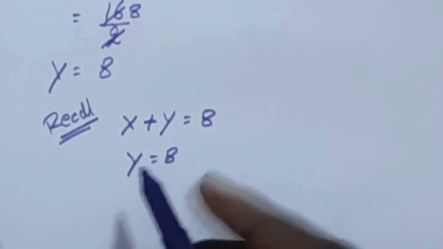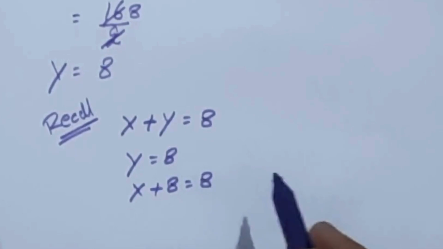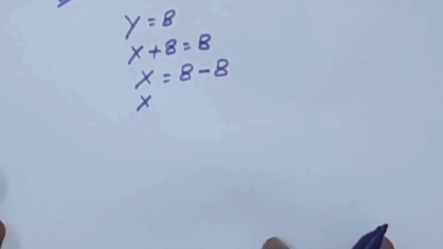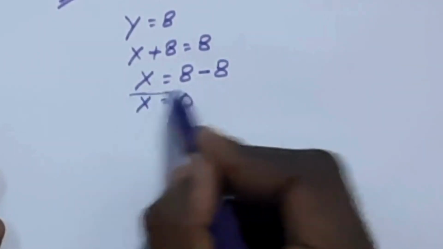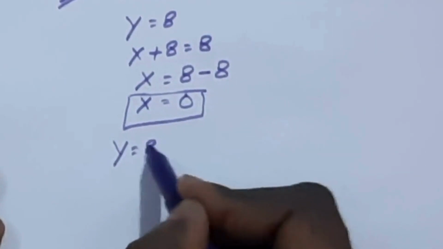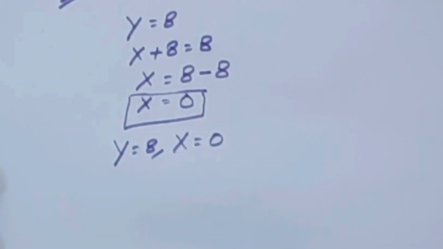Apply this here. x plus 8 equal to 8. x equal to 8 minus, we have moved this right hand side, so minus 8. So x equal to 8 minus 8 is 0. Now we found that y equal to 8, x equal to 0. These are the